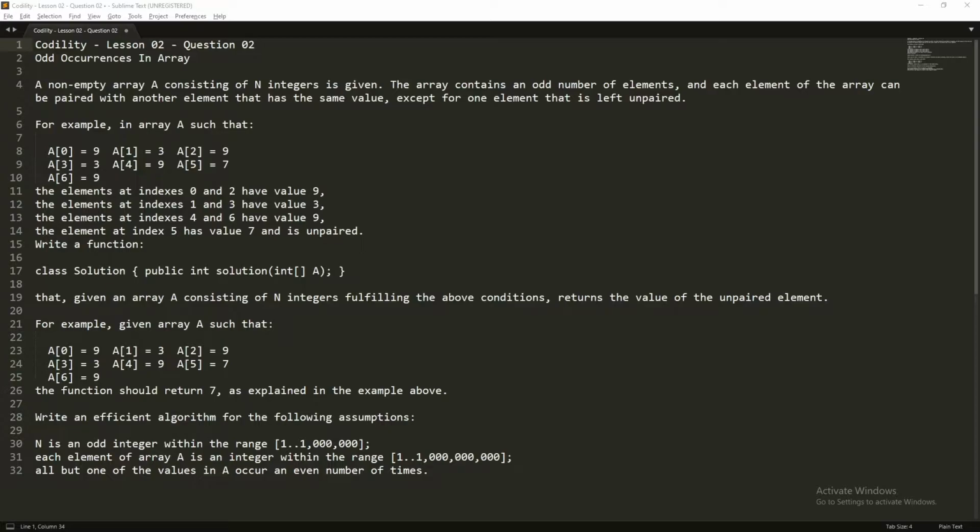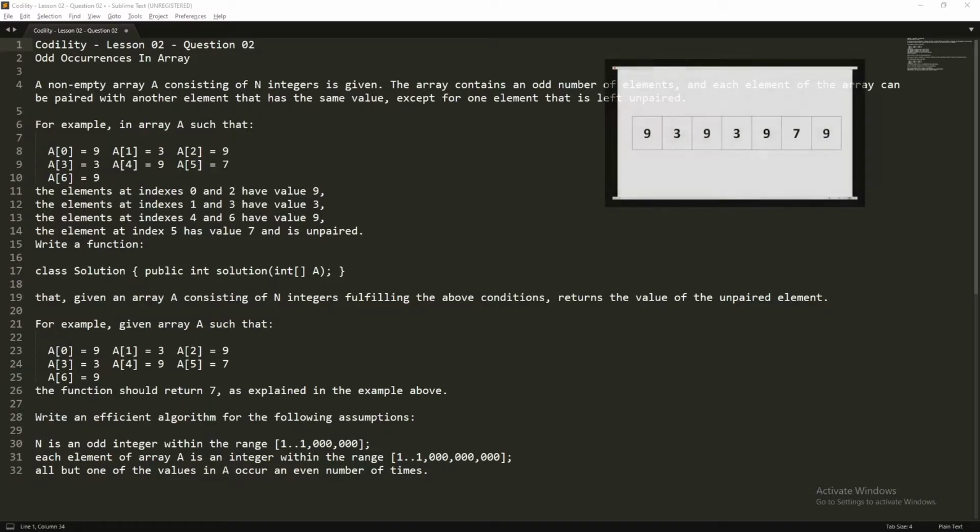A non-empty array A consisting of n integers is given. The array contains an odd number of elements, and each element of the array can be paired with another element that has the same value, except for one element that is left unpaired. For example, in array A such that A0 equals 9, A1 equals 3, A2 equals 9, A3 equals 3, A4 equals 9, A5 equals 7, and A6